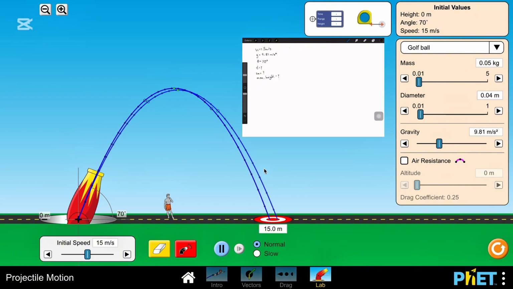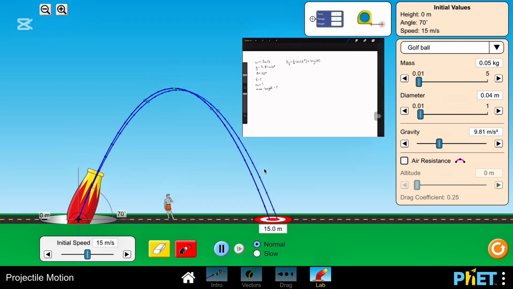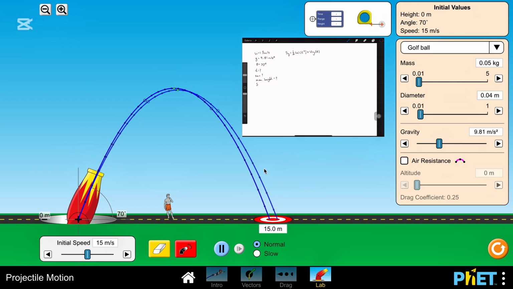It's Sy equals 1/2 times acceleration times t squared plus Viy times t. Okay, so we know that the displacement for the y vector